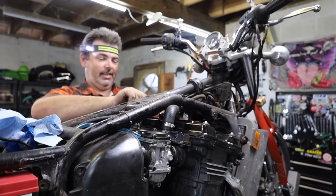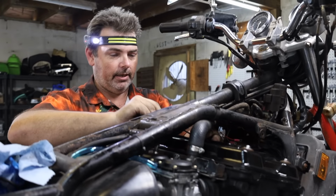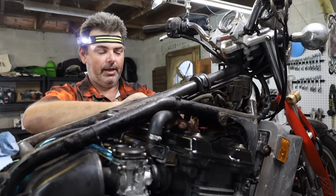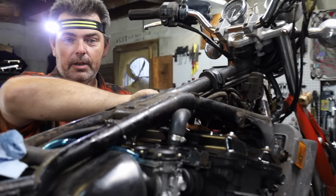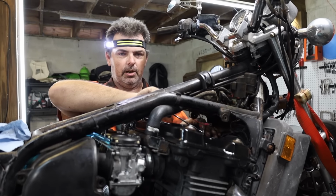The competition was stiff. Honestly, if I had to do it over again, hands down, if this was a customer's bike that I was doing for somebody else, those things would have gotten replaced. I would not have tried to reuse those things. They fought me tooth and nail. They're there, they're solid, they're going to seal up just fine, but man, you talk about a kick in the